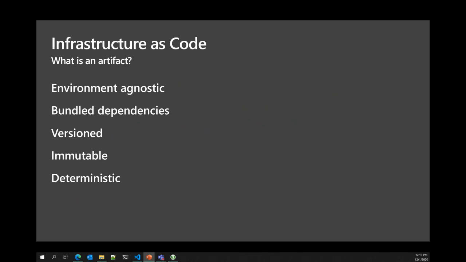Versioning is another application construct that we're going to start applying to infrastructure as well. So as our applications change, because of that dependency chain of application code referring to other application code, we have this concept of versioning that allows us to control how those changes are introduced into that dependency chain. A simple example of this, and one of the most popular, is the concept of semantic versioning. And I won't go too deep into the details here, but just to cover the basics, semantic versioning is a defined model for how you can version an application artifact. And basically, it gives you 3 digits, and each digit has a meaning. The least significant digit, or the rightmost digit, is your patch version.